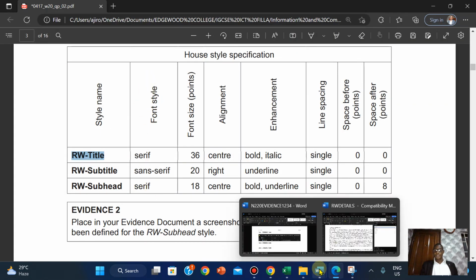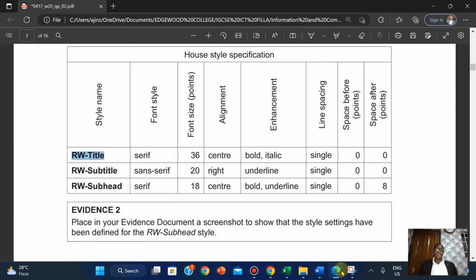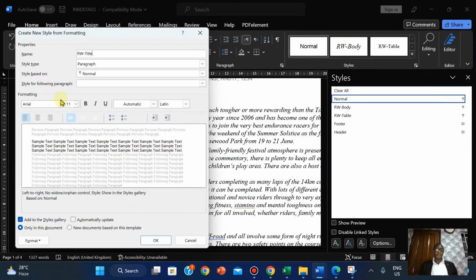Font style. And now we have 2 categories of font style. We have the sans serif and we have the serif. The sans serif has straight edges, which is your Arial. For the serif, there are little ticks on each letter, which is your Times New Roman. Okay, so right here they're asking for the serif, which is the Times New Roman,